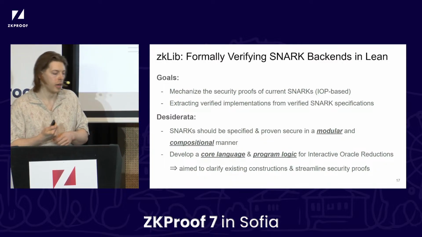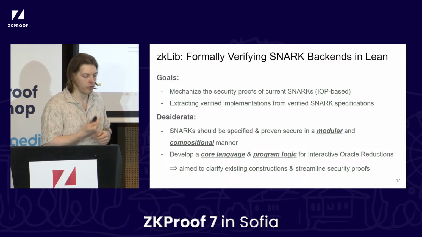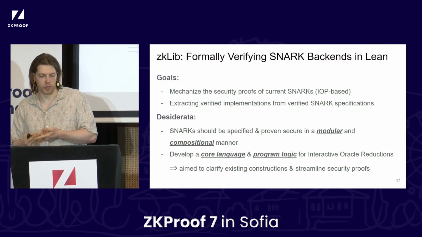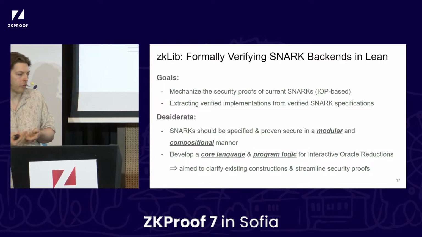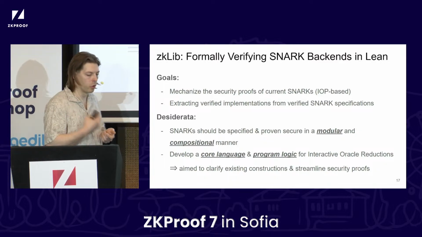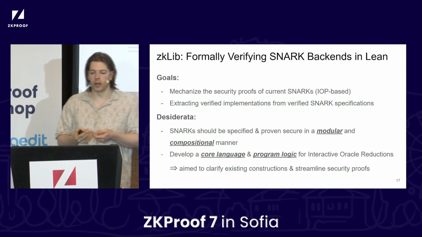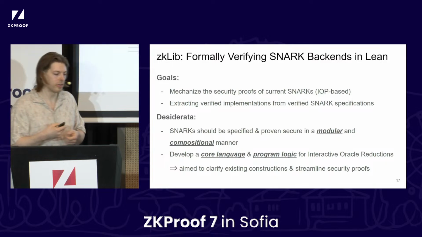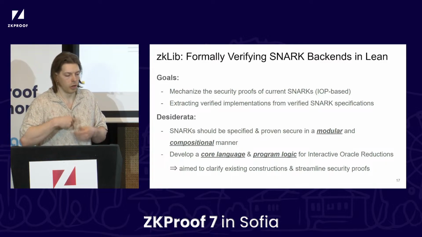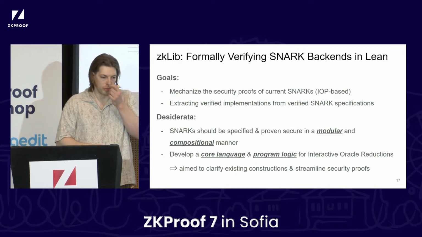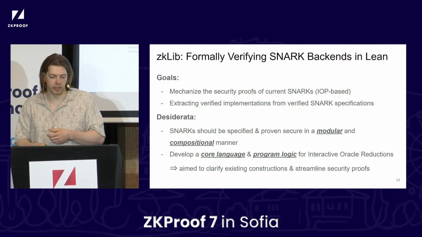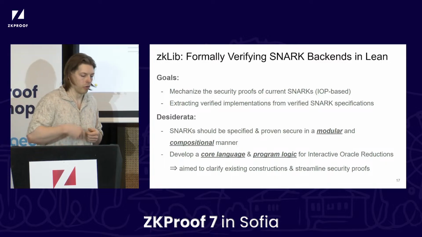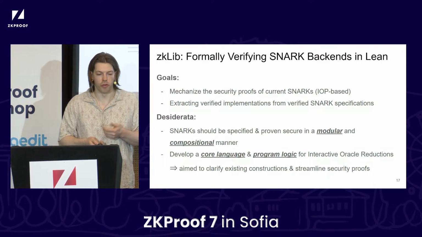The main thing for us is that we'd like to be able to specify SNARKs and prove them secure, but we'd like to do this in a way that makes sense, because it's already quite hard to specify them and to prove them secure and proof-resistant. So the key thing for us is to have proofs that are very modular, and therefore you can compose them in as nice a way as possible. When we do other proof systems that have similar patterns in them, and a lot of proof systems end up using some sumcheck in some form, we can reuse a lot of the past proofs and a lot of tactics, and just have a nice proof structure that is repeated.